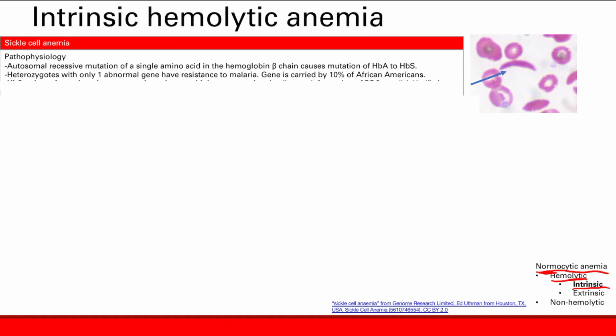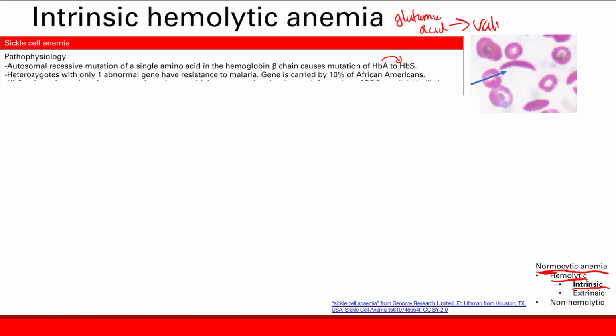This is the next one. This is sickle-cell anemia. This is due to an autosomal recessive mutation of a single amino acid in the hemoglobin beta chain. And this mutation causes mutation of the hemoglobin A to hemoglobin S. Due to that single mutation, the single mutation here is a mutation from the amino acid glutamic acid